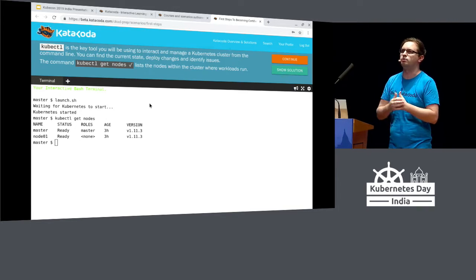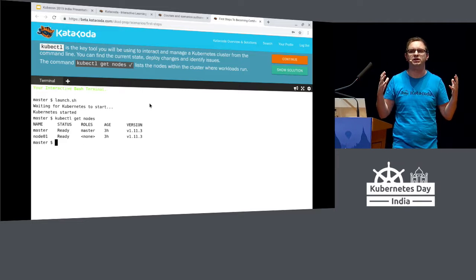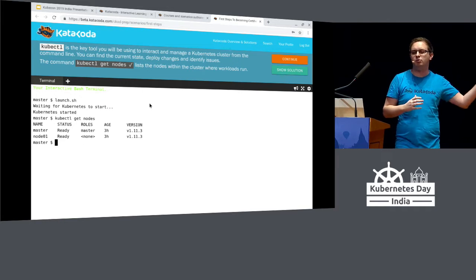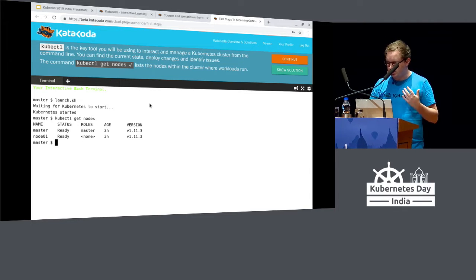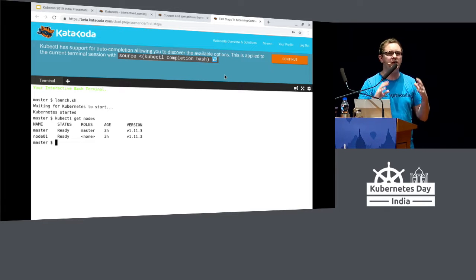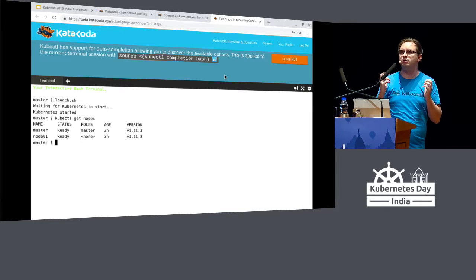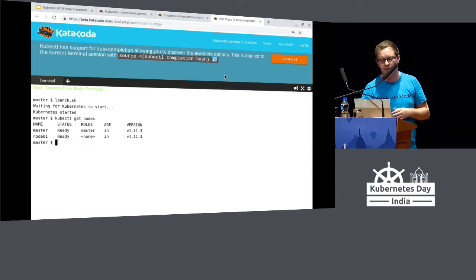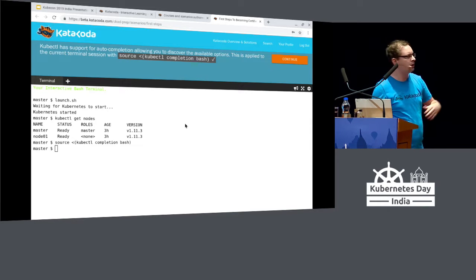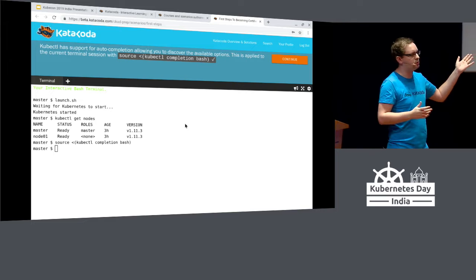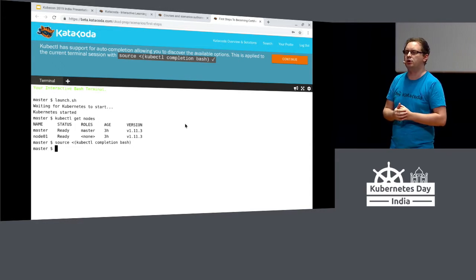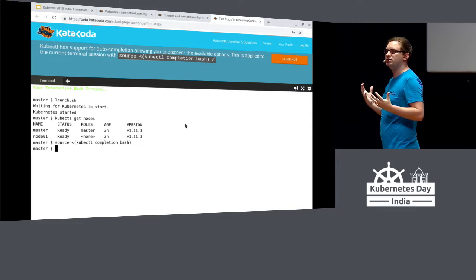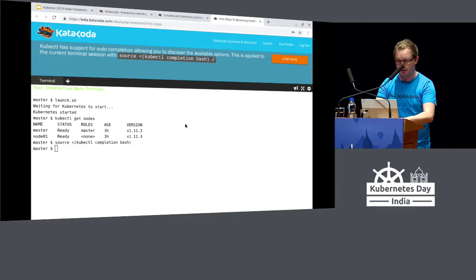We have one called master, so this is running all of the Kubernetes key components. And then we have a single node, which is running all of our workloads. And because we're going to be dealing with the kubectl command line so frequently, being able to optimize how that works for us is really important. And so a great tip is to use the auto-completion. So with this, we can pipe in kubectl completion bash, because we've got a bash command prompt, and we can pipe that into our current session. And what this gives us is auto-completion now when we're typing in commands.